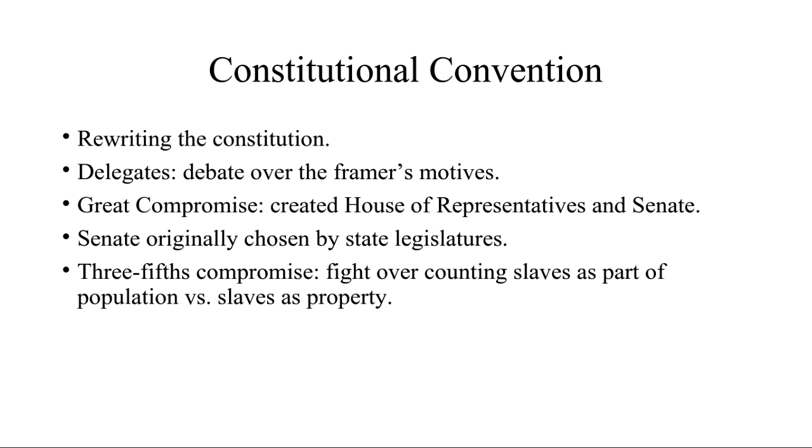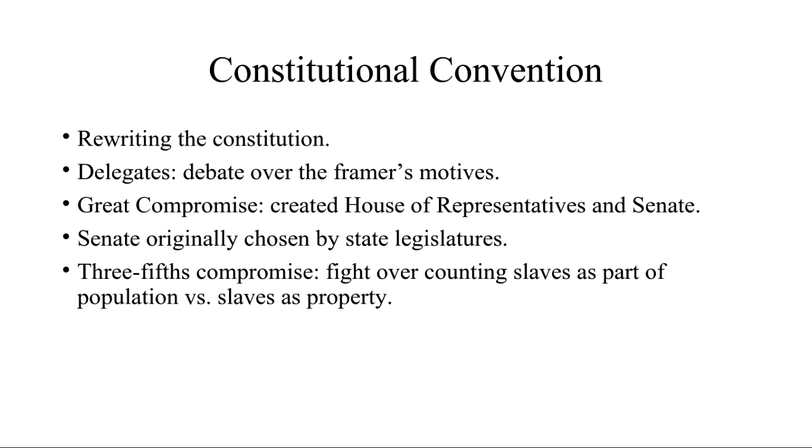So they began debating how to create a form of government that would work, how to make the big states and the small states happy. And one of the first arguments that came up was how to create the legislative body. The larger states, like Virginia, wanted the members chosen by population. And the smaller states said, well, that's not fair. You'll always have an advantage. It should be equal representation. So they went back and forth for a while, and eventually they landed on what became known as the Great